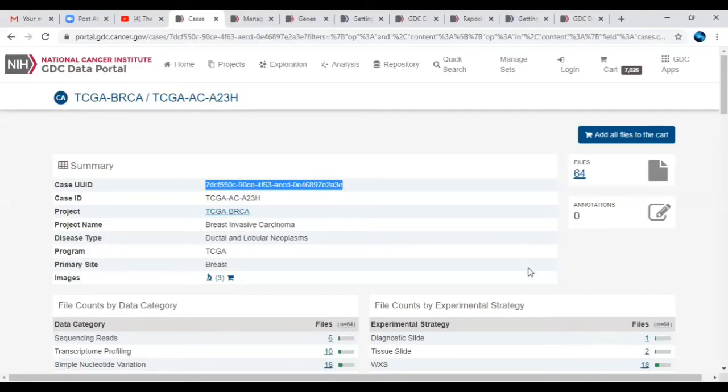In today's session, we have seen how the GDC portal works based on your interest of querying the data, downloading those data with respect to different file formats, and also with respect to different cancer types. And if somebody is interested to search only one particular gene with respect to different cancer types, that thing also we have seen in this session. We have also used the data transfer tool for downloading huge files and providing the commands. If somebody has a question regarding whatever I have covered, they can ask me.